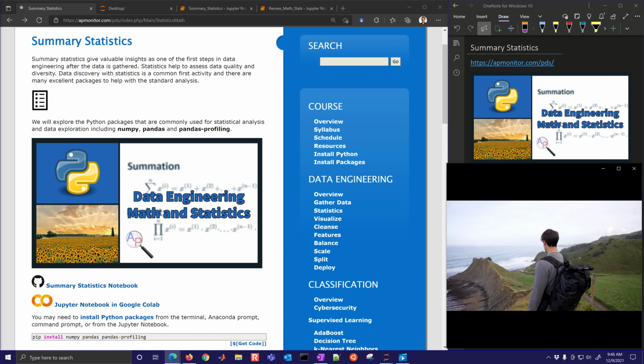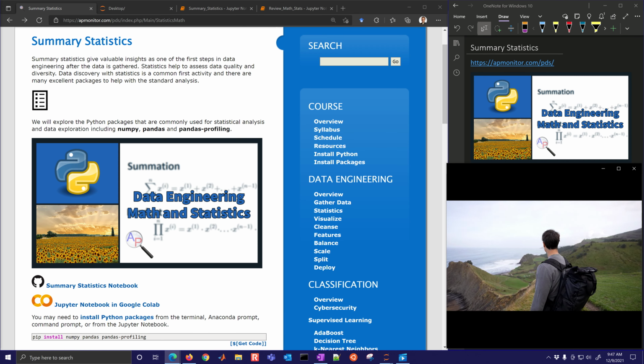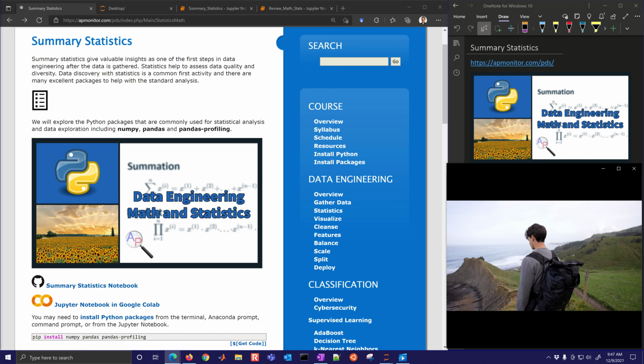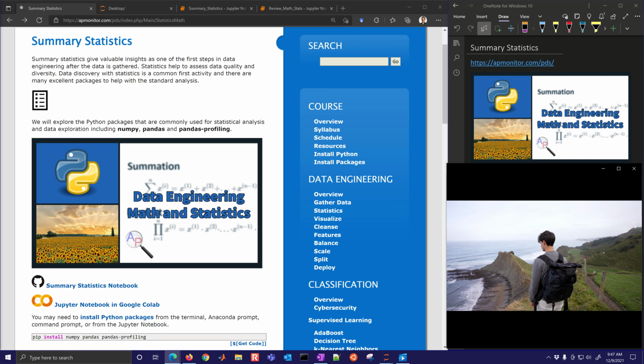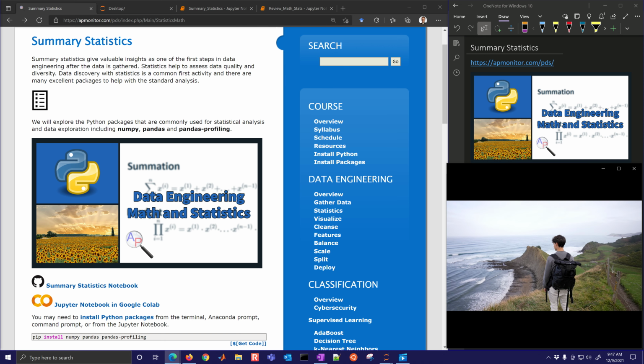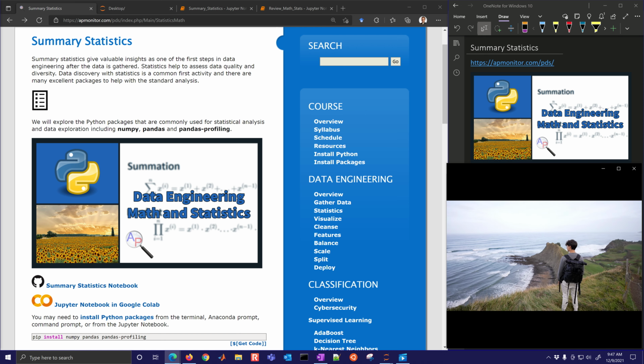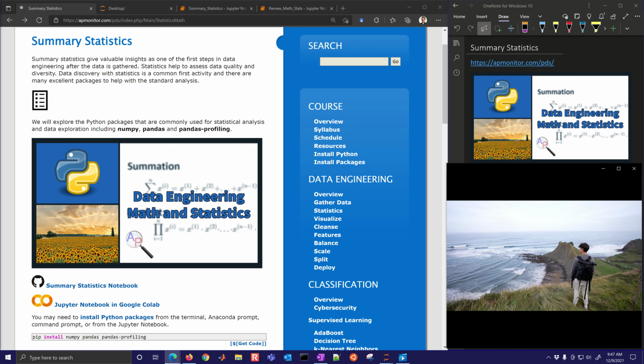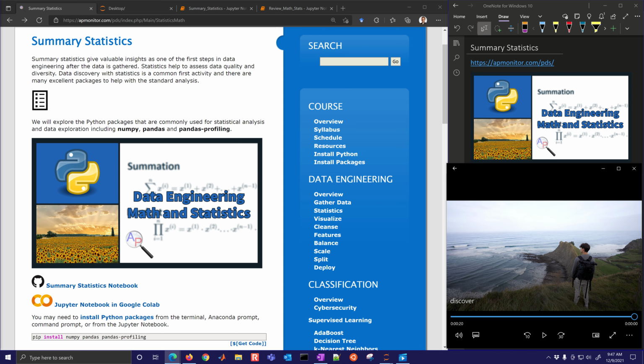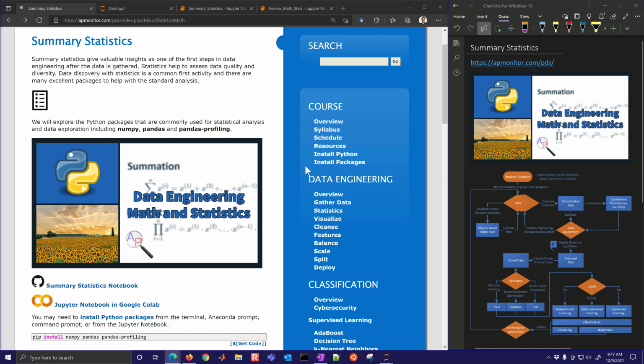Imagine that you're a hiker who has lost their way, and all of a sudden you come to this vantage point where you can see clearly the surrounding area, and it becomes clear the direction you need to take and what the layout of the land is that you're approaching. So similar to this, summary statistics give valuable insights as one of the very first steps in data engineering after